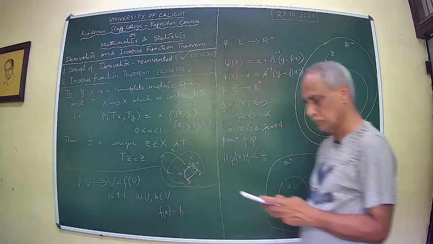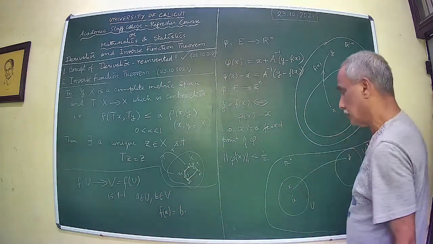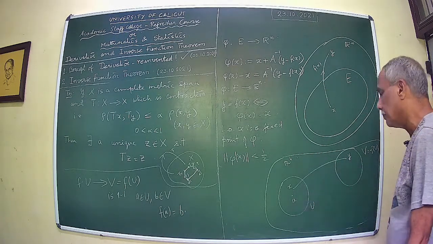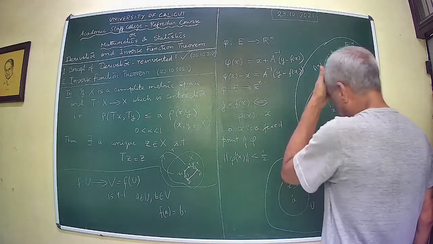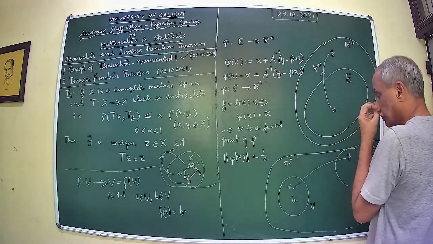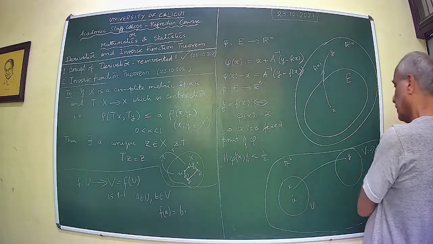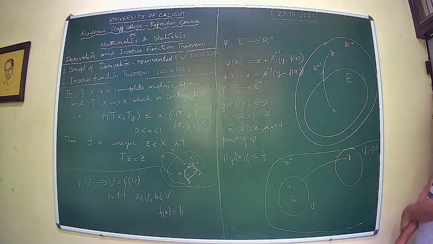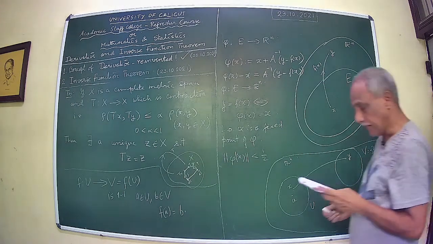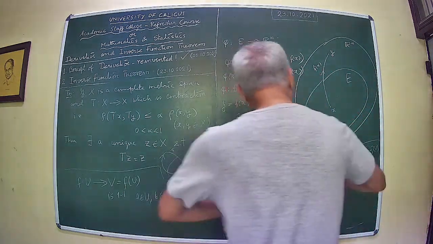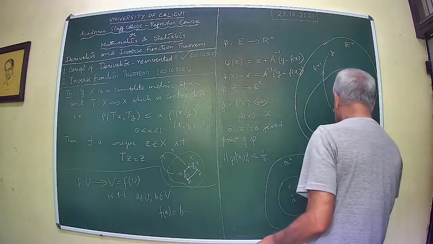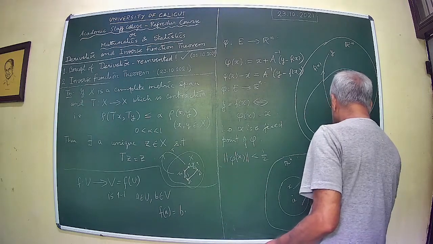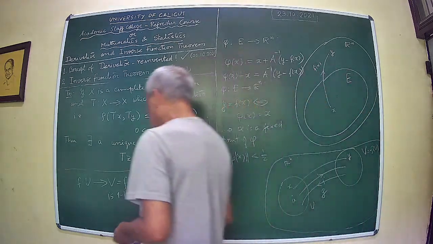And therefore, once this is proved, the map becomes an invertible map. F becomes an invertible map. So F inverse exists. F inverse is defined from V to U. And we denote the inverse map by G. So you have G of